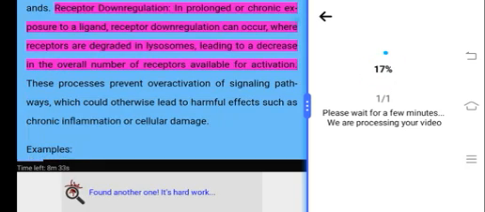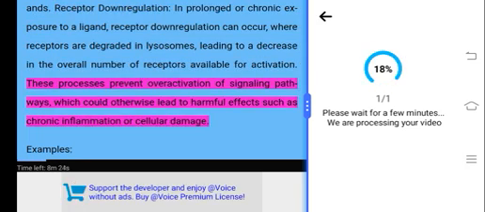Receptor downregulation. In prolonged or chronic exposure to a ligand, receptor downregulation can occur, where receptors are degraded in lysosomes, leading to a decrease in the overall number of receptors available for activation. These processes prevent overactivation of signaling pathways, which could otherwise lead to harmful effects such as chronic inflammation or cellular damage. Examples: